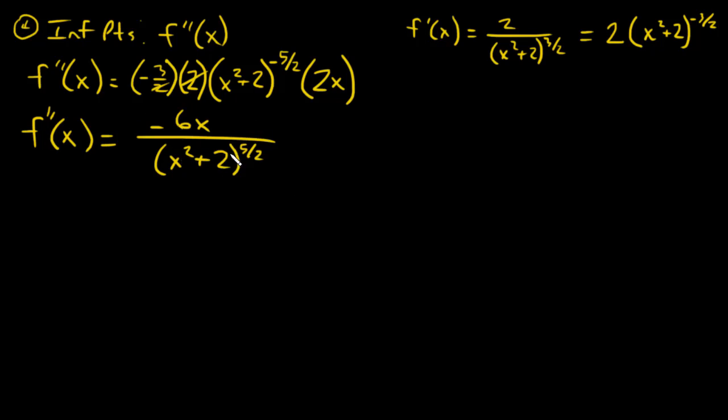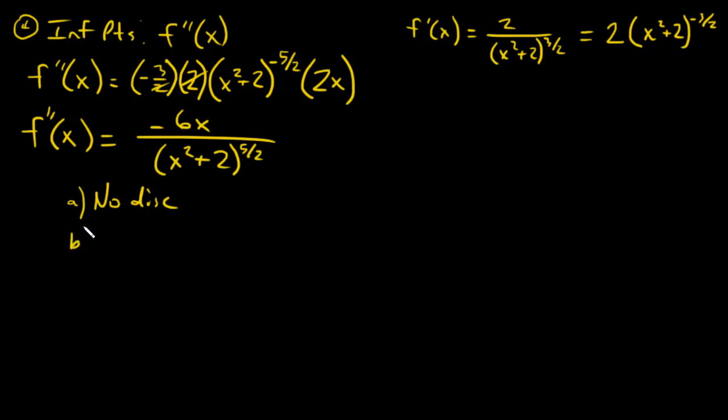So way, way, way easier than doing the quotient rule. If you have just a constant up on top, you can always do a rewrite and change the derivative into a power rule rather than doing the full quotient. But it only works if there's only a constant on top, because if this had a variable, I couldn't do it. I have to use the quotient rule if there's an x up on the top. But since it's just a constant, I can do this rewrite, do the power rule, and it's way easier to find the derivative. So now that I have my second derivative, I can look for, there are no discontinuities,